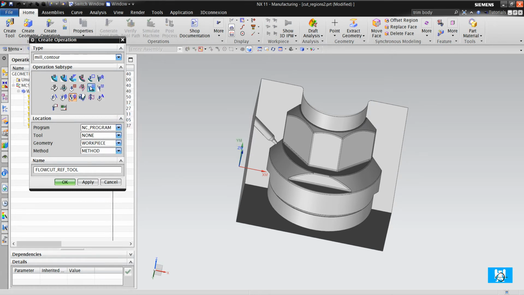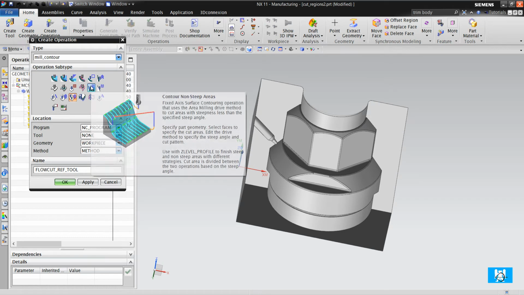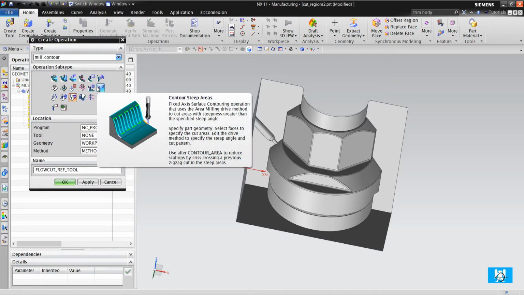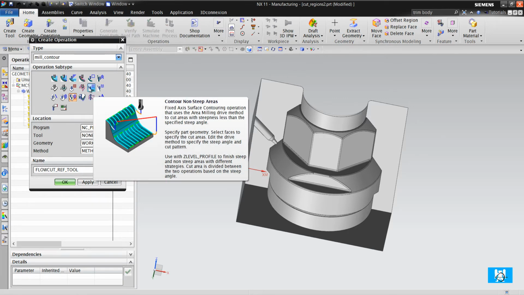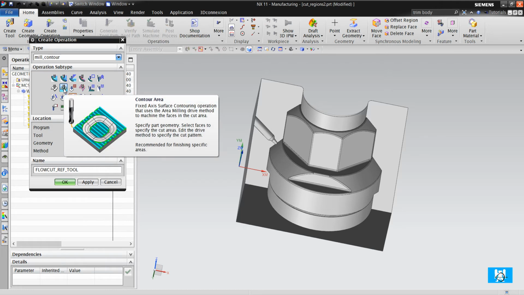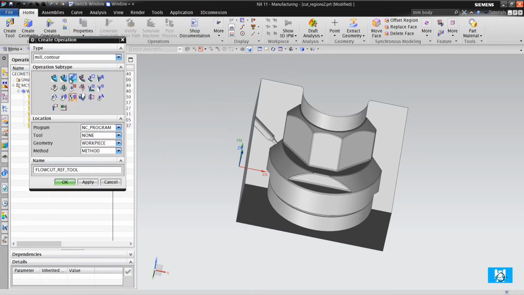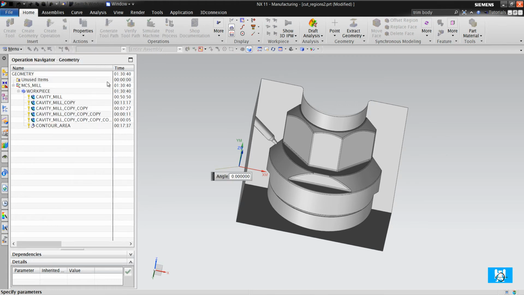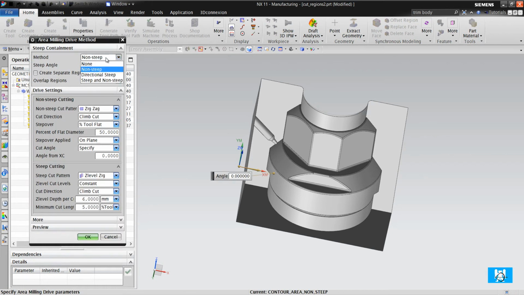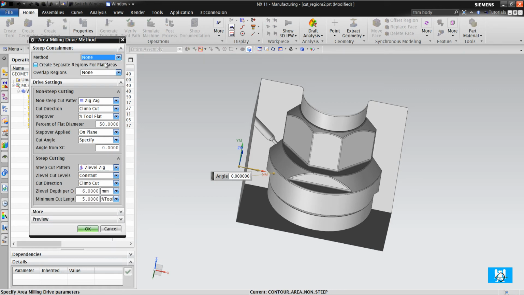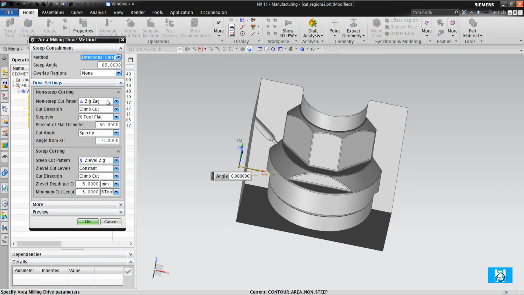But first, contour non-steep areas and contour steep areas. What are these? These are a kind of contour area like cavity mill and rest corner rough. When I click contours non-steep area, I can see that this non-steep choice is automatically done. In original, it is none here, but when I choose this direction steep and 65 degrees,